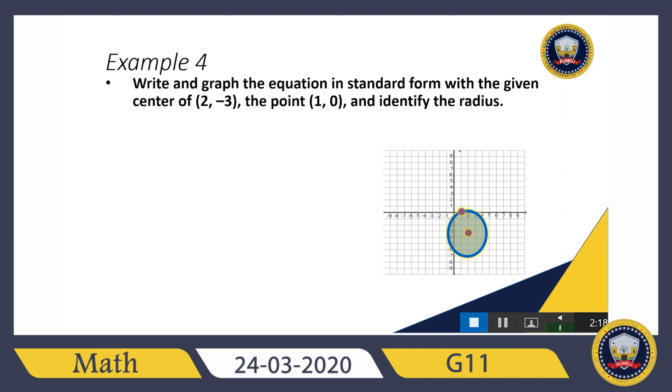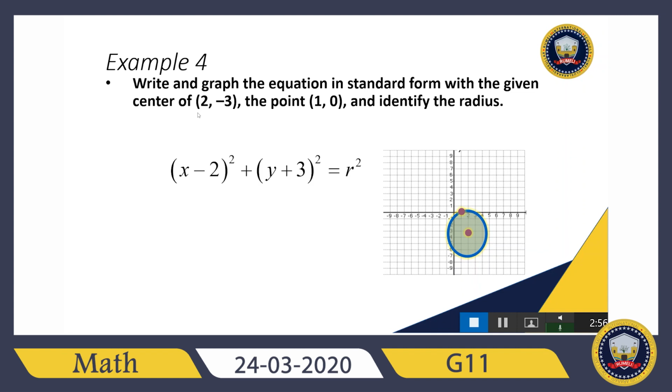This question is asking me to write and find the equation of a circle whose center is (2, negative 3) and the point (1, 0) is located on the circumference of the circle, or one of its endpoints, and then identify the radius. So in this example he hasn't given me the radius, but he gave me the center and one of the endpoints. So basically I can write the equation of the circle